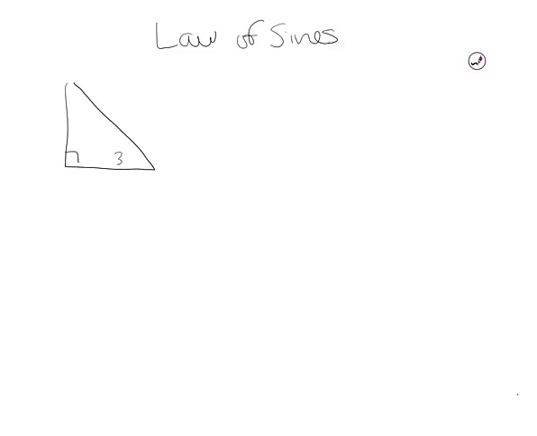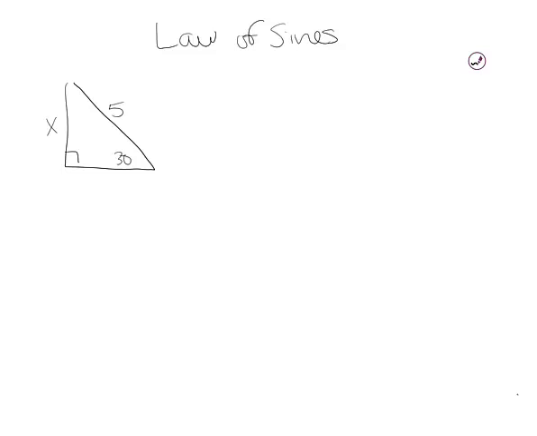Alright, we're going to start off with a derivation of the law of sines. What the law of sines does for us is that we can take non-right triangles, or right triangles of course, but the big difference is that we can take non-right triangles and solve for both angles and sides of a triangle. So before, we might have had a right triangle and given an angle and a side, let's say